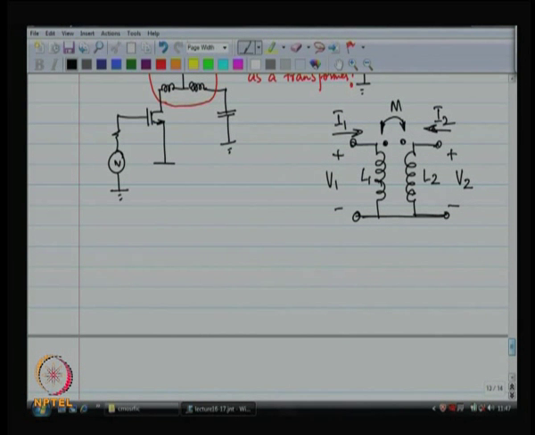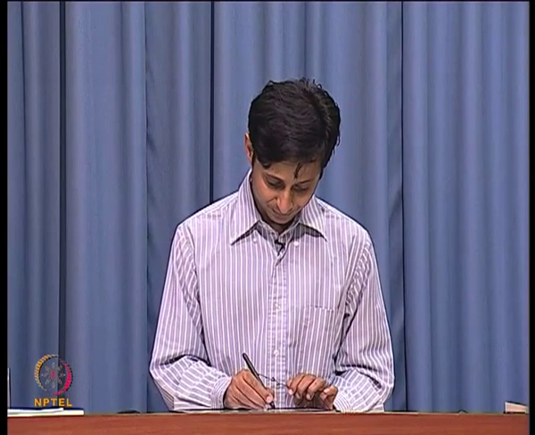You might have forgotten mutual inductance, right? The drop across the inductor is I1 times j omega L1, drop of the, so